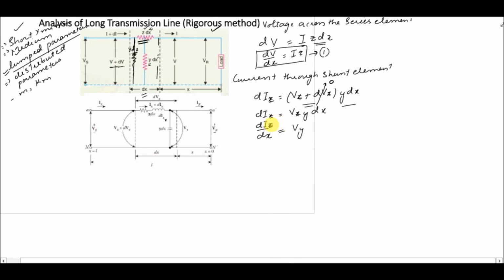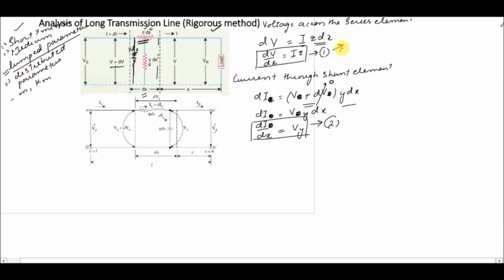So this is dI over dx. This is your dV. So dI over dx is equal to Vy. This is your equation number 2. Now if we have to find the